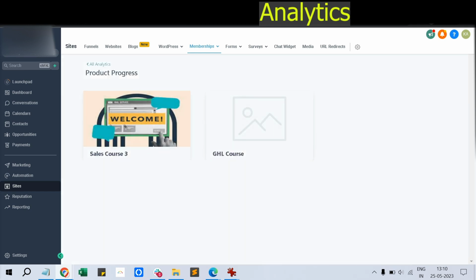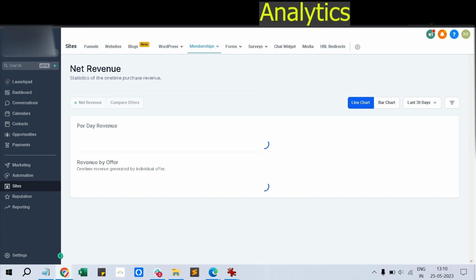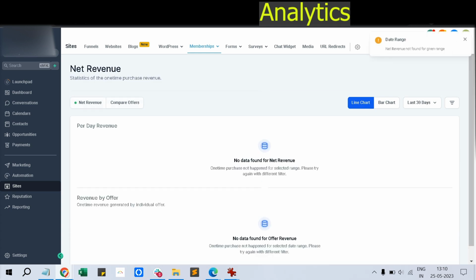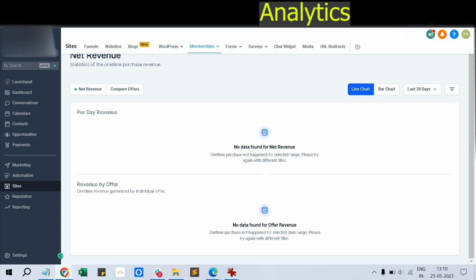And the final thing is revenue analytics. If you have a paid offer, you can collect payments, as I said, and then you can compare each offer's performance and month on month revenue. All those things you can track. So this is how